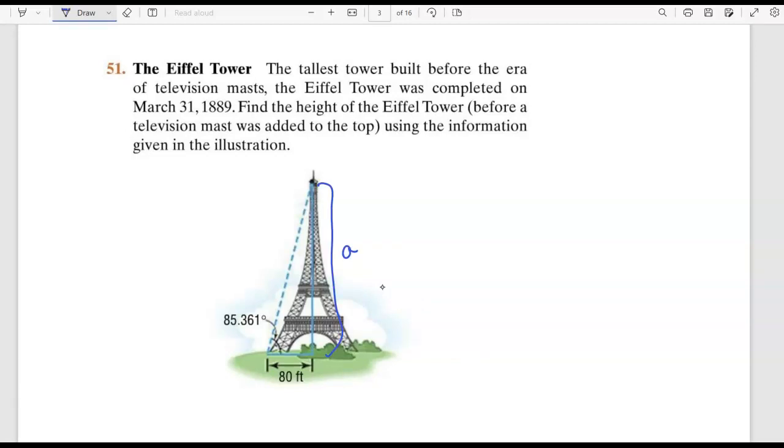We need a trig function that ties everything together. So let's think about what we have. We have this angle, we have A is what we're looking for. This is the opposite side, and we have 80, which is the adjacent side. So once again, we're going to use tangent. So we're going to have tangent of